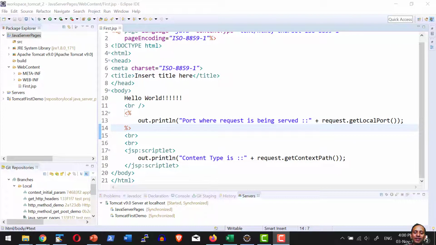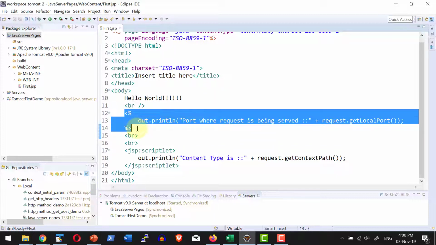Hi, let us have a quick understanding on various building blocks of a JSP. JSP can have scriptlets, declarations, expression, directives, and actions. We are going to see each and every component one by one, and first we are going to understand about a servlet. Let me consider the same example that we used for the JSP introduction, where I do have a